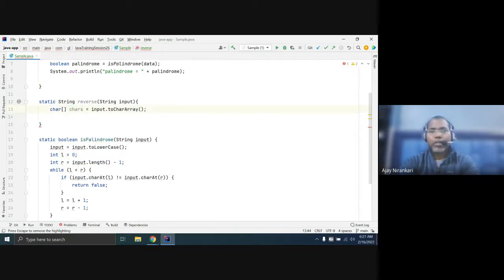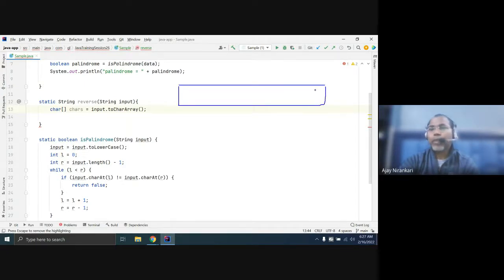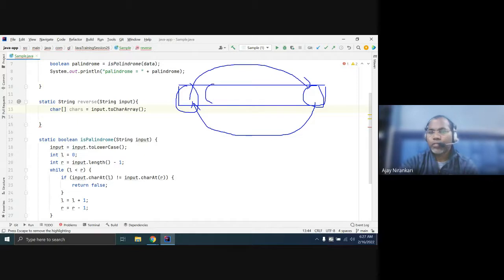For reversing any input string, what you have to do is take one variable at zero position and another variable at the last position and swap these values. Similarly, go to the next and swap again this value to here and this value to here.